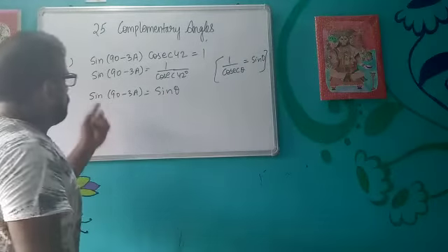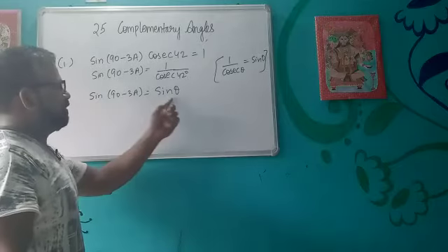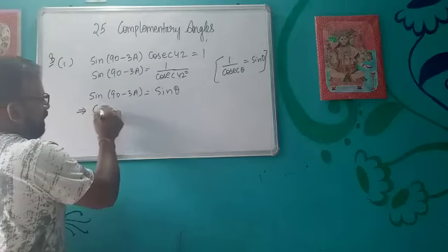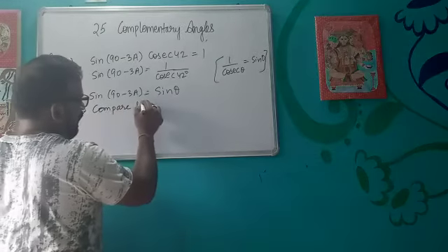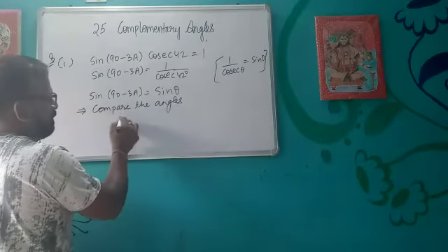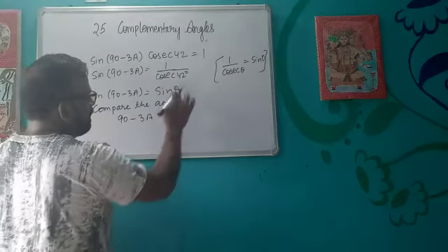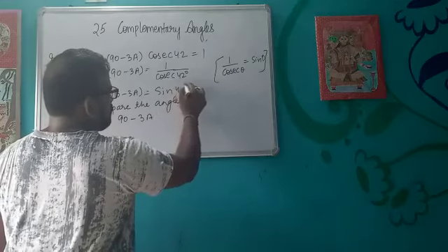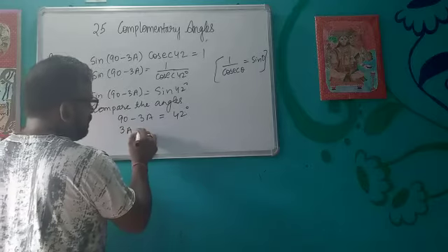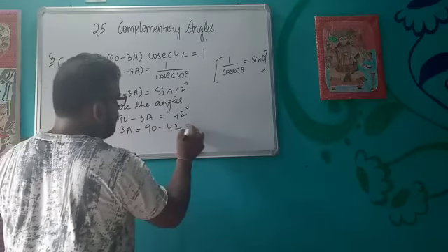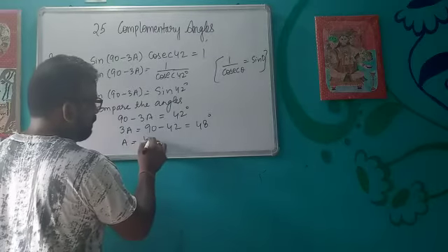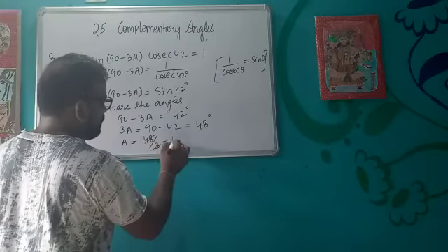Now you can see on both sides the same trigonometric functions are there. So what we will do, we will compare the angles. Okay, do not cut sine on both sides, you will simply compare the angles. That means 90 minus 3A will give you how much? 42 degrees. So what is 3A then? It is a simple linear equation that you have studied many times, 48 degrees. So from here what is A? 48 upon 3, that is 16 degrees.